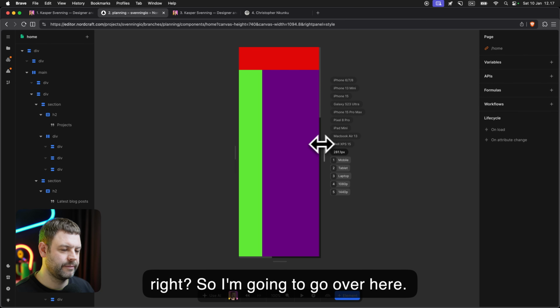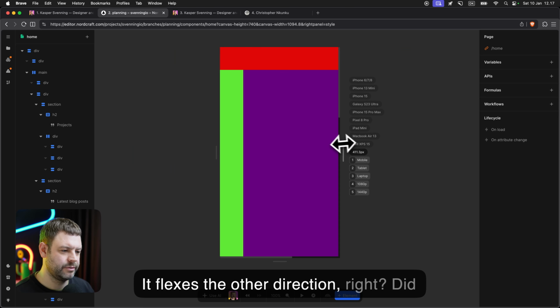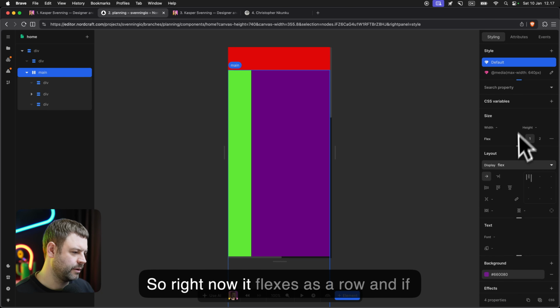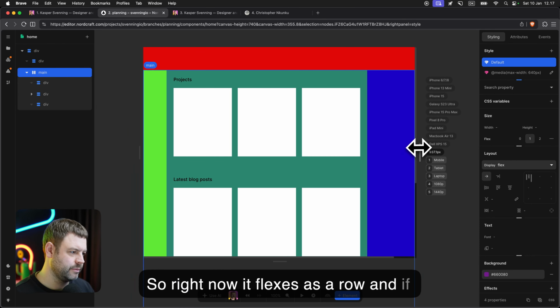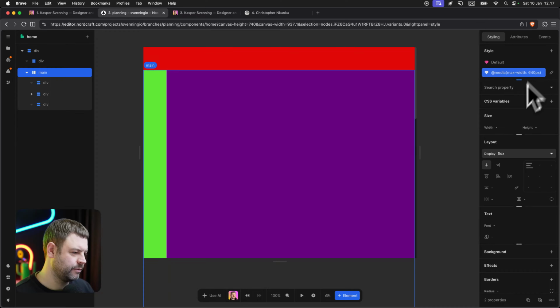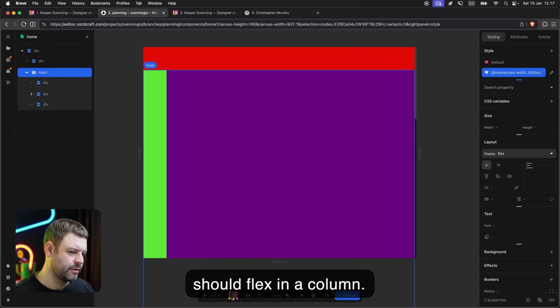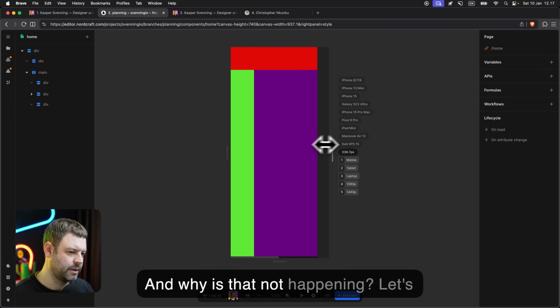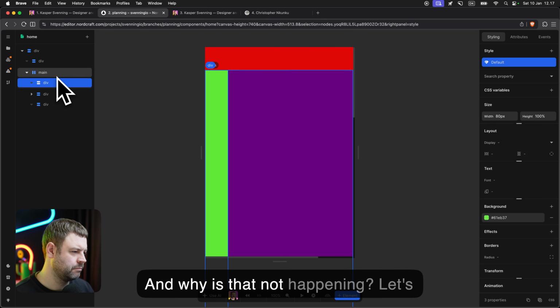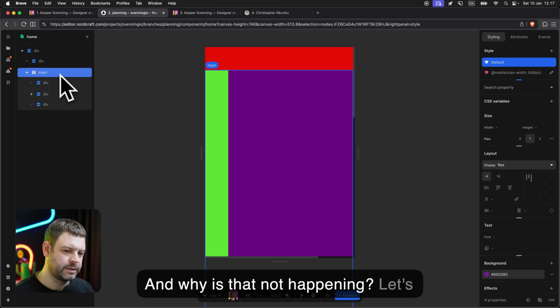So when I go over here, it flexes the other direction, right? Did I pick the wrong one? No. So right now it flexes as a row, and if the max width is below 640, it should flex in a column. And why is that not happening? Let's investigate.